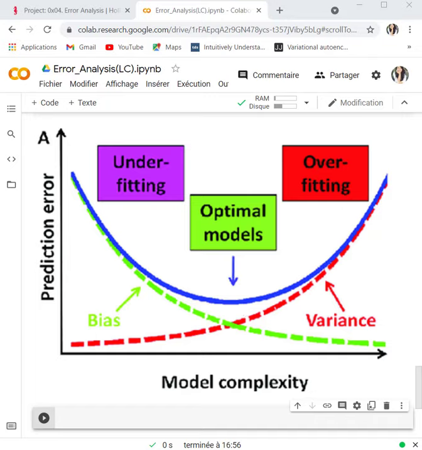Now if you have a high bias and a high variance, nothing is good here. You need to train your model more, try different architectures, or build a deeper network. If you have a high bias and a low variance, you are underfitting. You need to train more, try different architectures, and also build a deeper network.